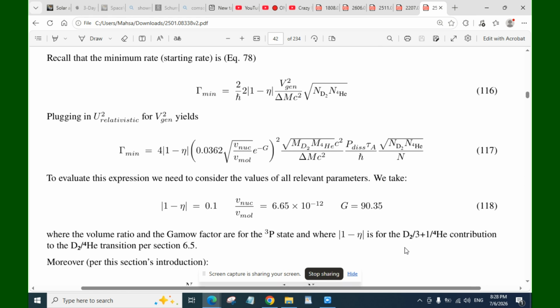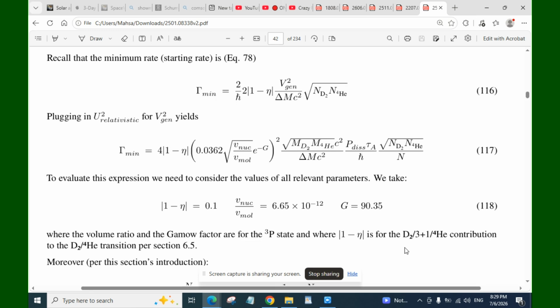Recall the minimum rate, starting rate in equation 78: tau minimum is equal to 2 divided by h, multiplied by 2 absolute 1 minus n multiplied by v squared divided by delta m s c squared, multiplied by the square root of n deuterium and helium-4. Plugging in u relativistic squared for v squared yields tau minimum is equal to 4 multiplied by absolute 1 minus n, multiplied by